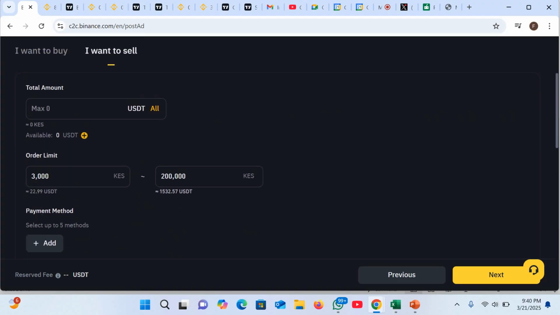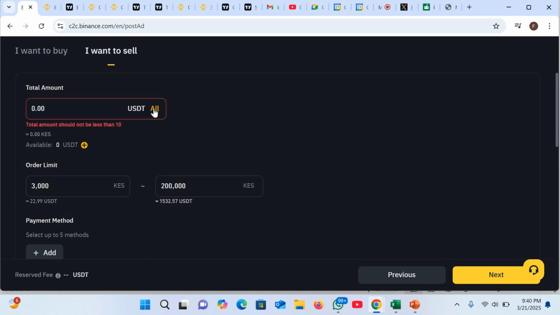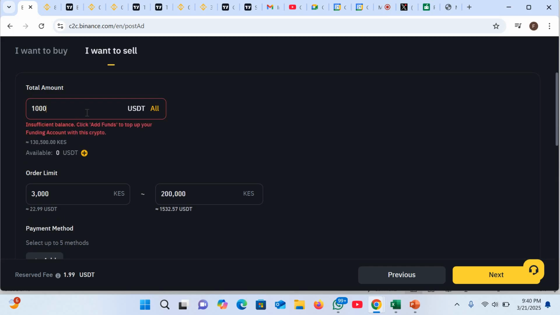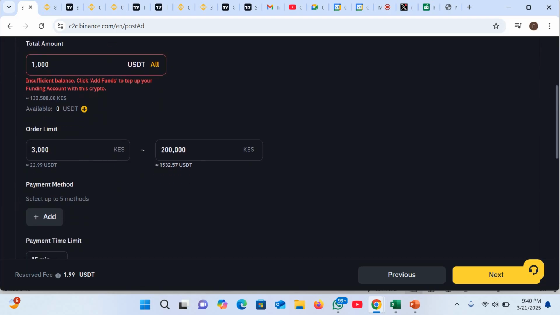So the other thing is that you have to make sure that you mention the total amount that you have. So you just come and choose all, so you pick the maximum. Or maybe if you want to sell 1000 USD, you just key in there that you want to sell 1000